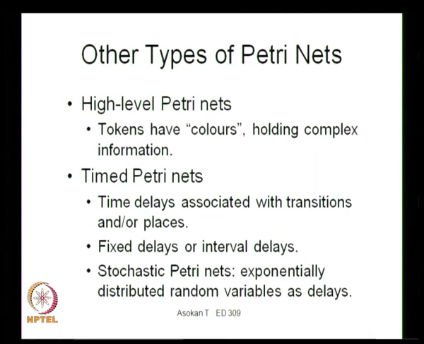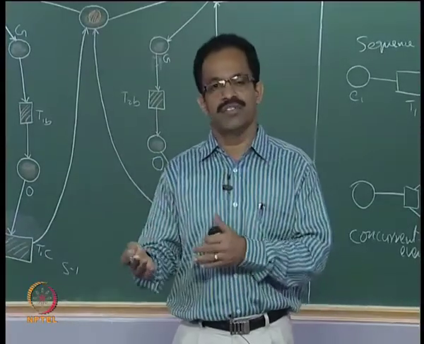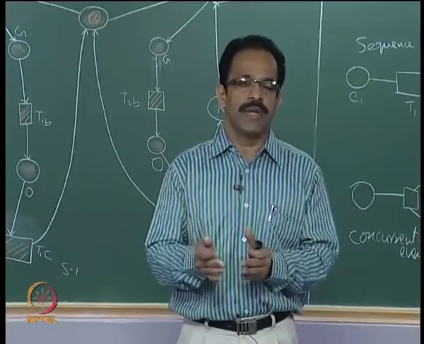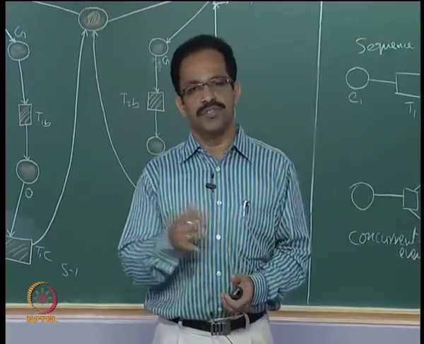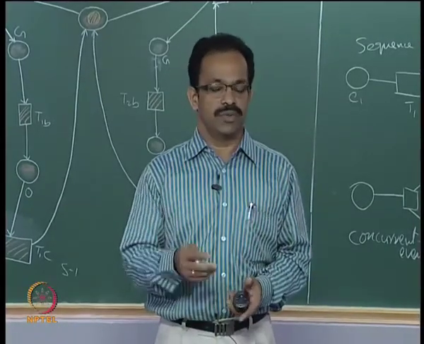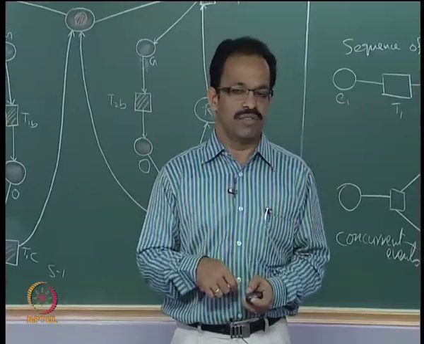So these are very useful for system design, because in complex systems we may encounter various scenarios. In some scenarios we need to represent the behavior without worrying too much about the timings. But in some scenarios we are more worried about the time, especially when something has to be executed in a particular time, or there is an urgency to execute some tasks within a particular time interval. In such situations we need to look at the time involvement also. All these scenarios can be easily represented using Petri nets, so this will be a very useful tool in the design of systems.